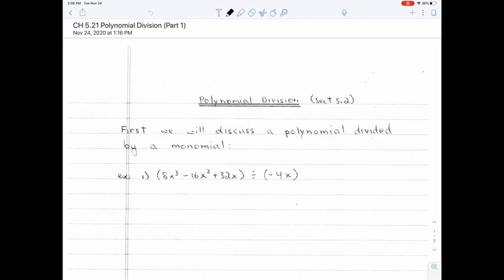I'm going to deal with the simplest case first, and that is polynomial division where you're dividing by a monomial, meaning one term. Once I start getting to the harder problems, you could do these problems the harder way too, which I'll get to in later videos, but there's no need. All you need to do here is divide each term